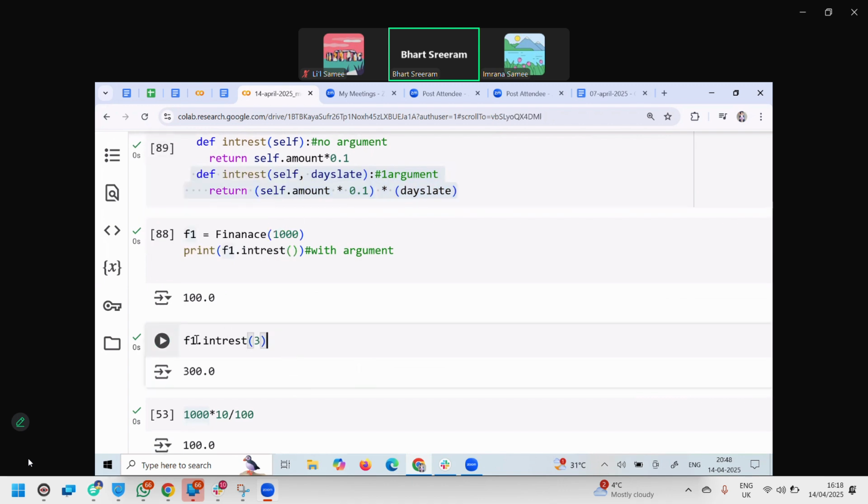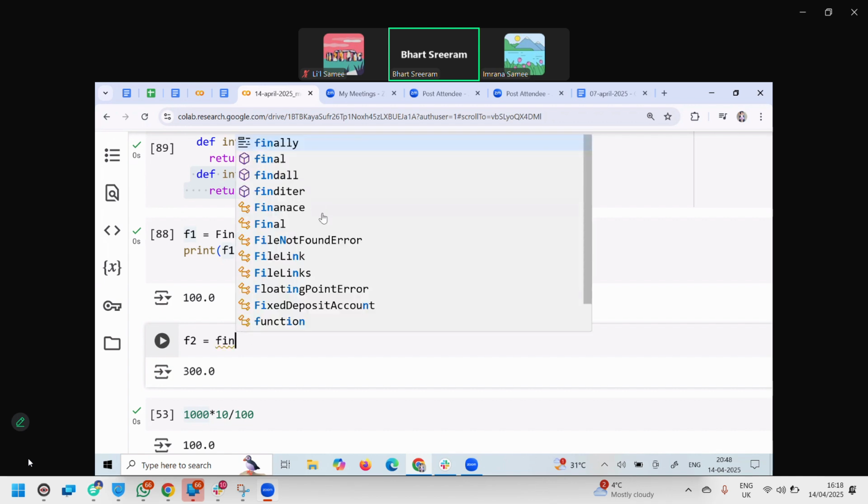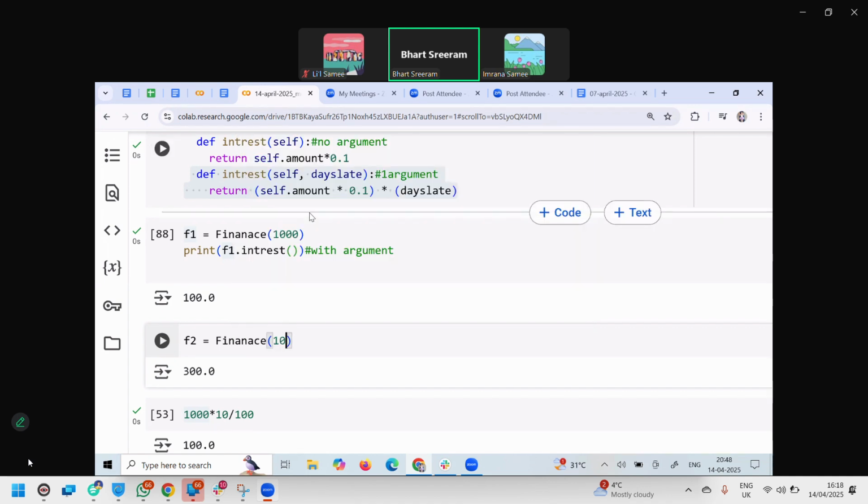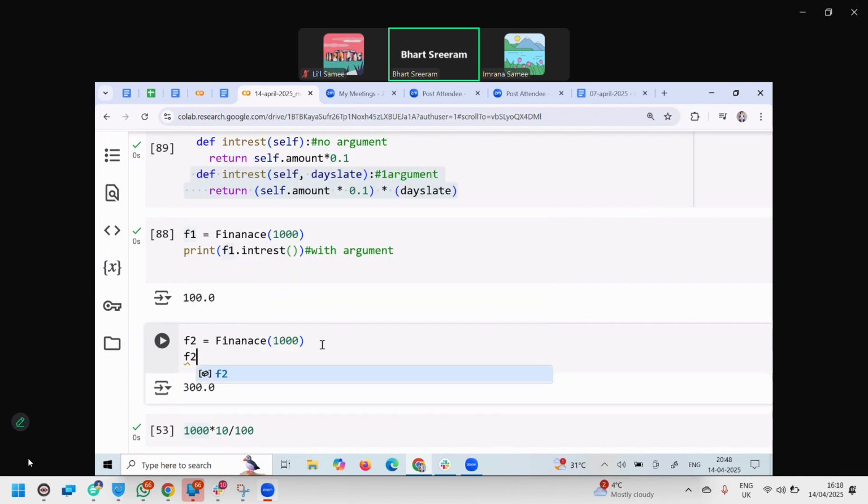So we have to create a separate price. So for that, I'm creating X2 equal, at this time also 1000, f2 dot interest. So this time I pass in the argument,